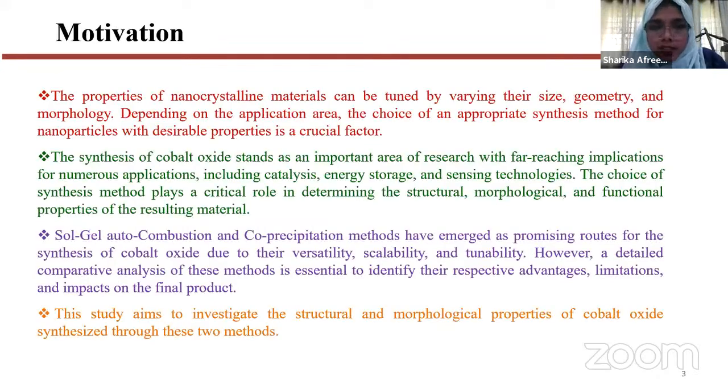So the properties of nanocrystalline materials can be tuned by varying their size, geometry, and morphology depending on the application area. The choice of an appropriate synthesis method for nanoparticles with desirable properties is a crucial factor. So the synthesis of cobalt oxide stands as an important area for research with far-reaching implications for numerous applications, including catalysis, energy storage, and sensing technologies. And the choice of synthesis method plays a critical role in determining the structural, morphological, and functional properties of the